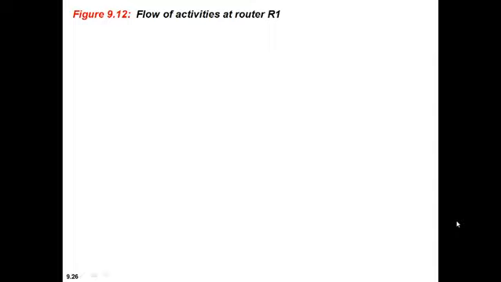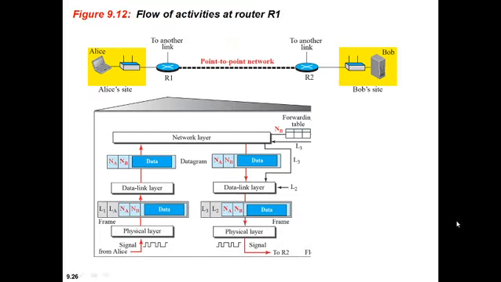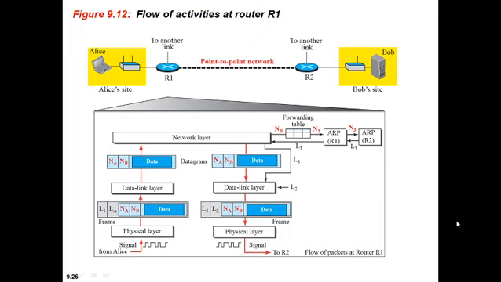Alice sends a packet and it reaches router R1. In the diagram, at the left side below, we can see the signal from Alice reaches the physical layer of router R1. It creates a frame and sends it to the data link layer. At the data link layer, it decapsulates the datagram and passes it to the network layer. The network layer examines the network layer address of the datagram and finds which device the datagram needs to be delivered to, that is IP address NB.